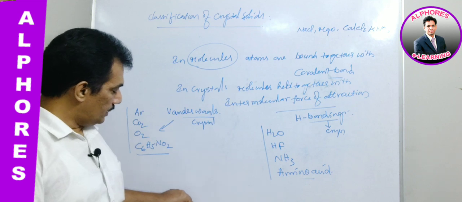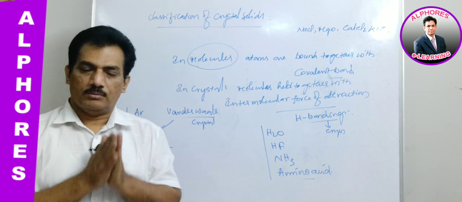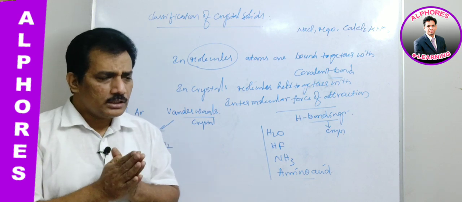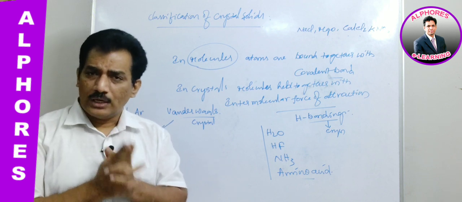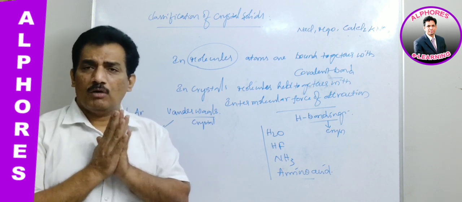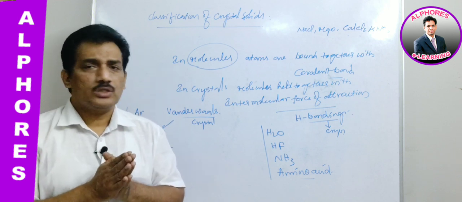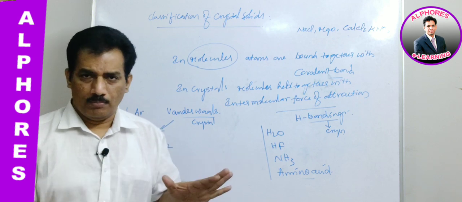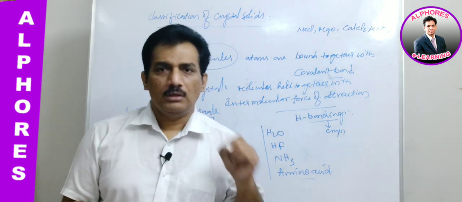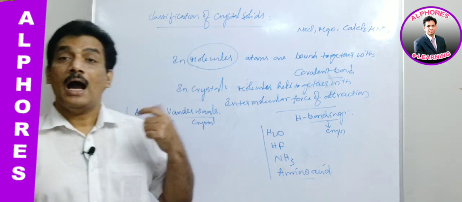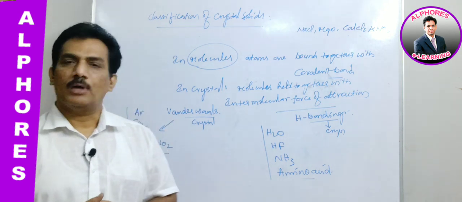Before concluding this session, let me give the highlighted points. The solid state is nothing but the state where the constituent particles of the substance are held together with a strong intermolecular force of attraction, and the constituent particles cannot move randomly. Such a state is known as solid state, and the characteristic features are incompressibility, high rigidity, a definite shape, and mechanical strength.